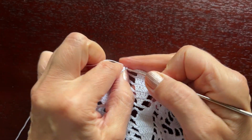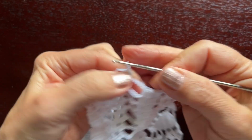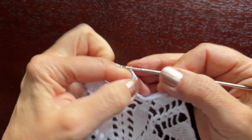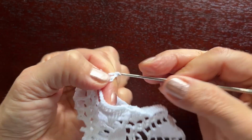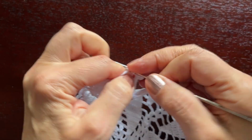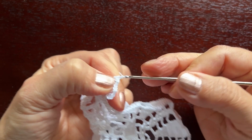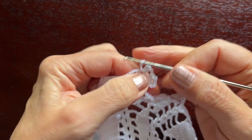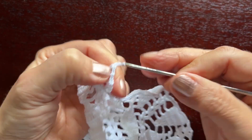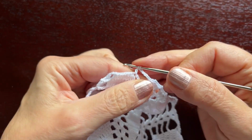As usual, first we'll make 2 slip stitches and then a usual shell, 2 double crochets, chain 2, 2 double crochets, chain 2, another shell in the chain 2 space, chain 5, 2 double crochets together,